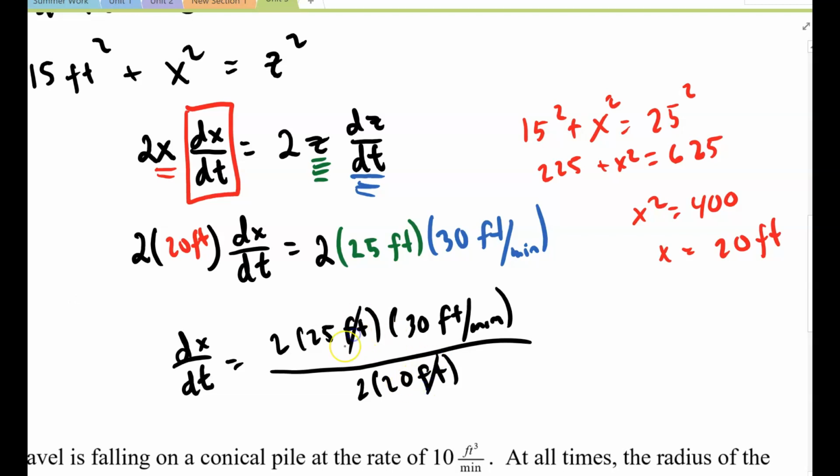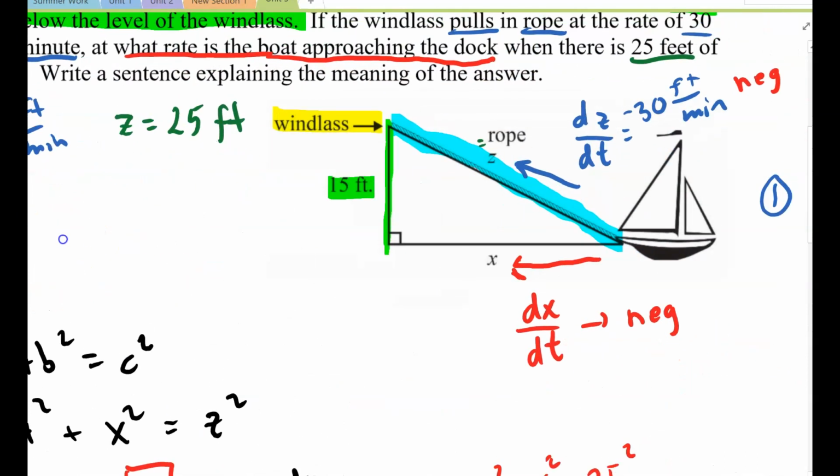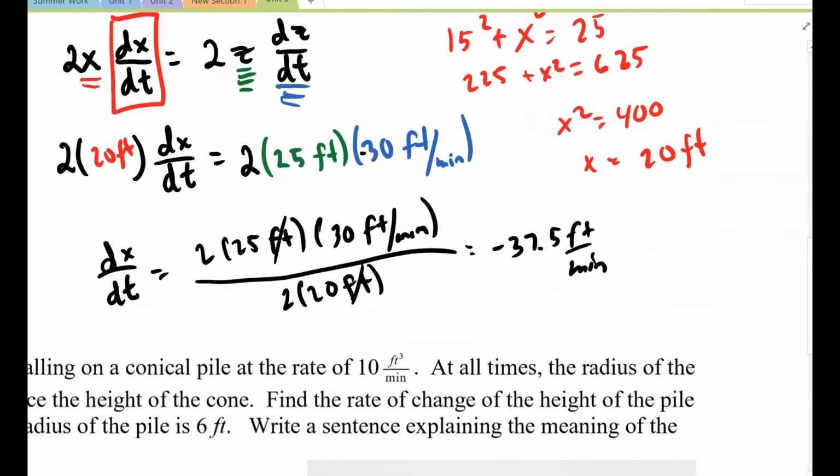So unit-wise, the feet cancel, and if you plug this into your calculator, you should get negative 37.5 feet per minute. And you're like, where did the negative come from? I am so sorry. I forgot my negatives. This 30 is a negative, and I should have put that back up here when I denoted it. Okay, so that's going to make our numerator negative, which will give us a negative answer,